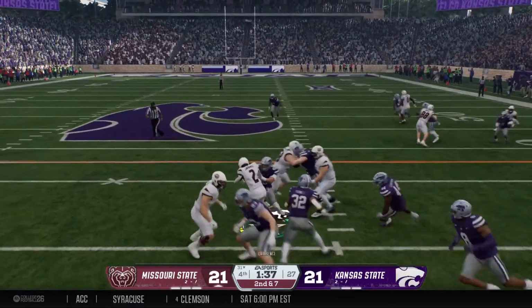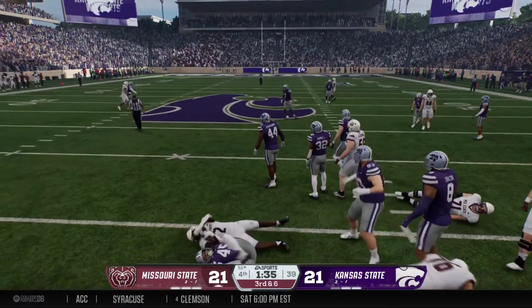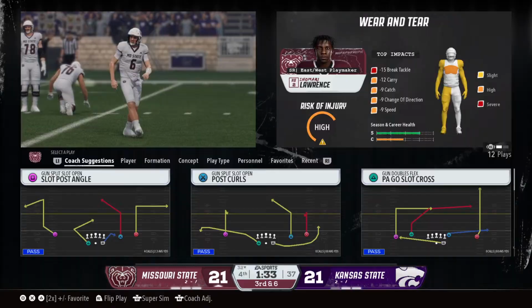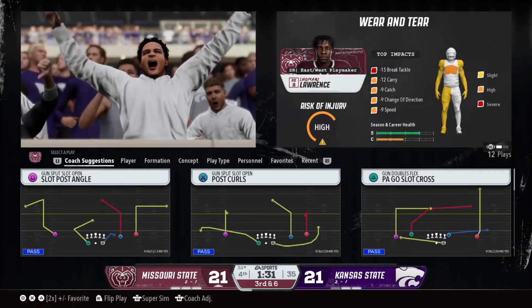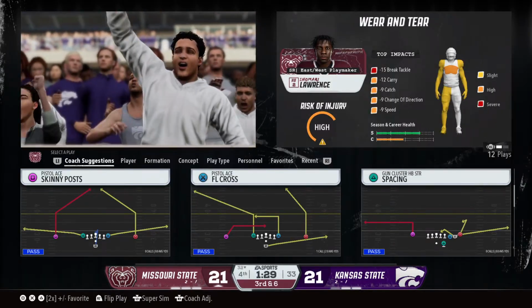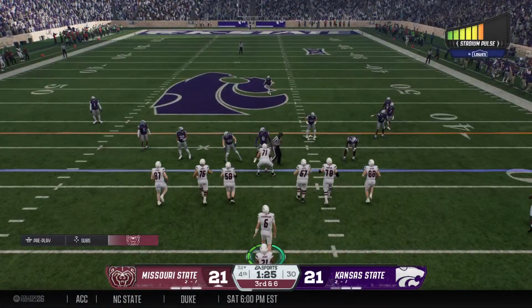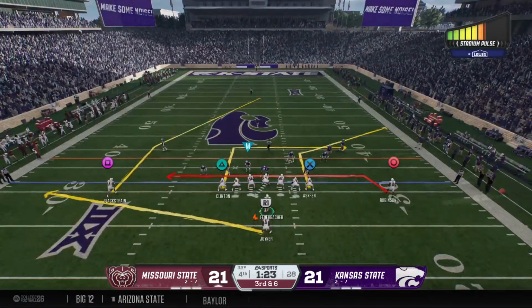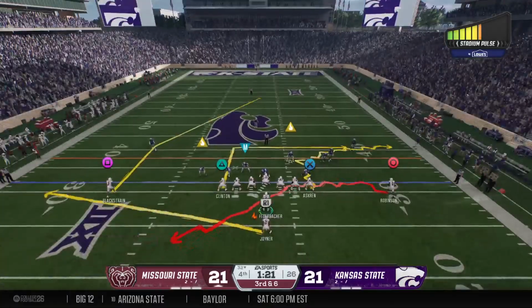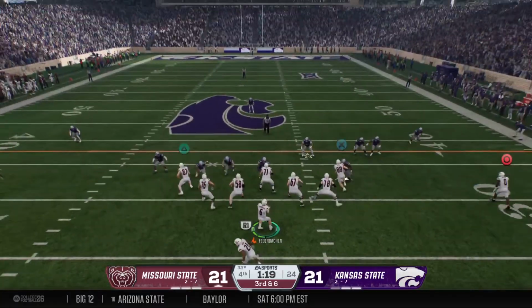They'll try the run. This junior making his presence felt and making the stop after a short gain. Man, I'm going to be curious to see this offense down the stretch. That's back-to-back runs. This is a pivotal part of the game. We're in the fourth quarter. Like, what are they going to lean on? What weapon are they going to go to find a way to get across the finish line?